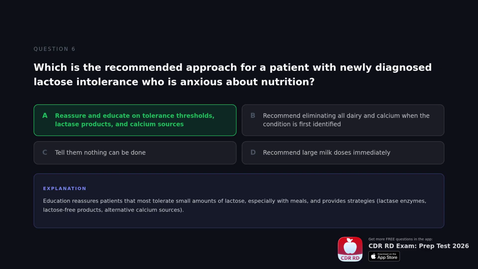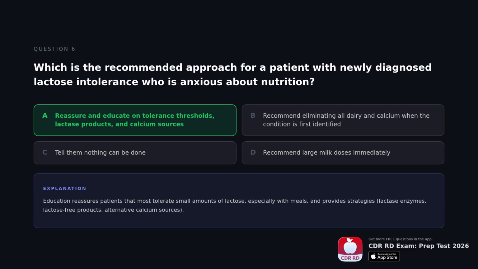The correct answer is reassure and educate on tolerance thresholds, lactase products, and calcium sources. Education reassures patients that most tolerate small amounts of lactose, especially with meals, and provides strategies: lactase enzymes, lactose-free products,